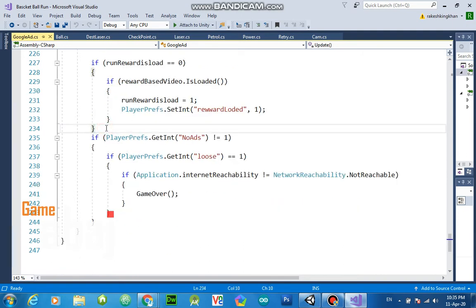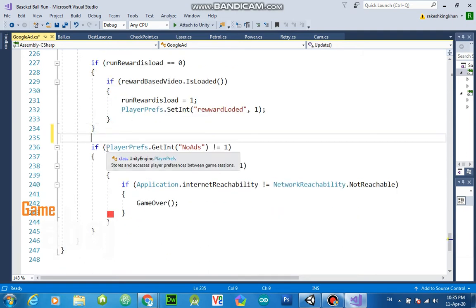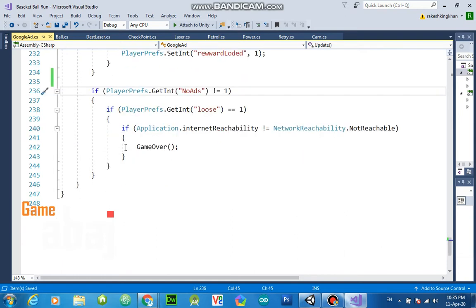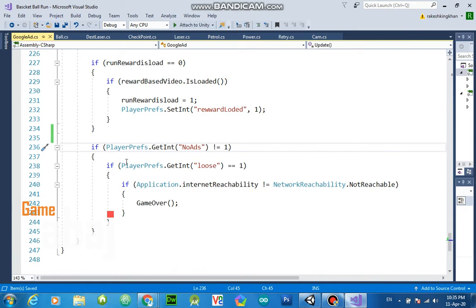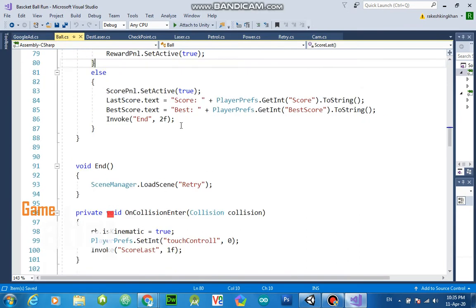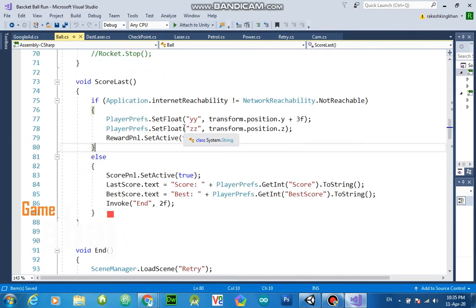And here is how I show these ads. I have a purchase called no ads purchase. If someone purchased no ads, then this is turned to 1, so this will not execute and will not show any ad. But if it is not purchased, then it is not equal to 1. So let's go here. If someone loses, this player prefab turns to 1, and it turns to 1 from my game code.